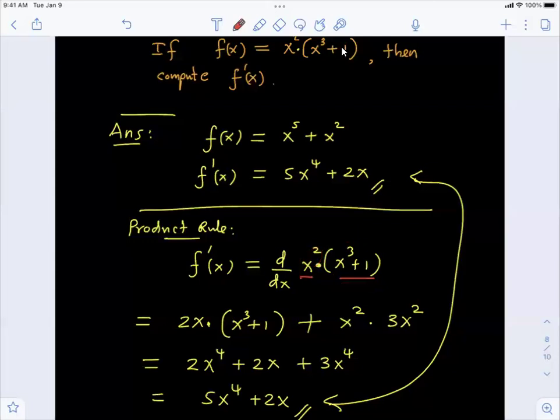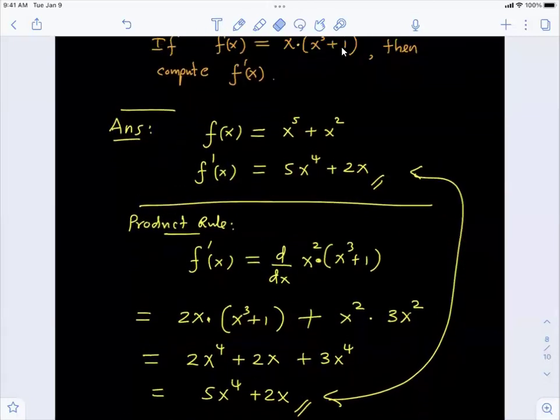Why? If you take the derivative of the first, it's going to be just 2x. And if you take the derivative of the second component, it is going to be 3x squared. Look at this. If you multiply these two components, you're not going to get this or this. Both are the same, right? You're not going to get that answer. What you're going to get is 6x cubed. No, that is not the answer. So understand that there is a specific composition behind each rule here, and try to obey exactly that particular rule